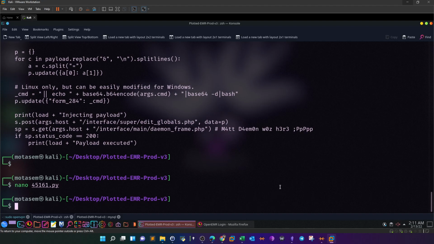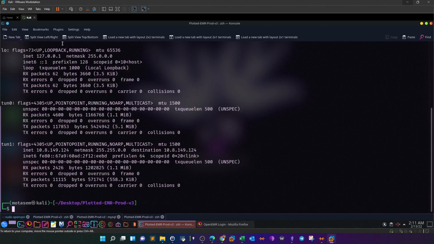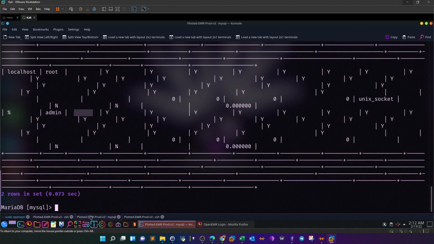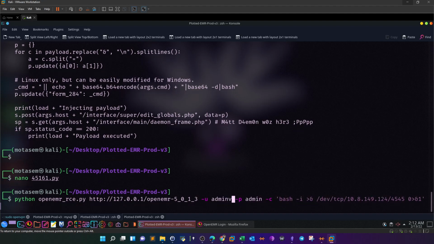Alright, I think I remember I copied the command. Alright, here it is. So what is my IP address? This is my IP. Alright, so here change the IP address to your own IP. And the port to the port 5555. Okay, so -u is admin v4. The password is password 123, and the URL is,